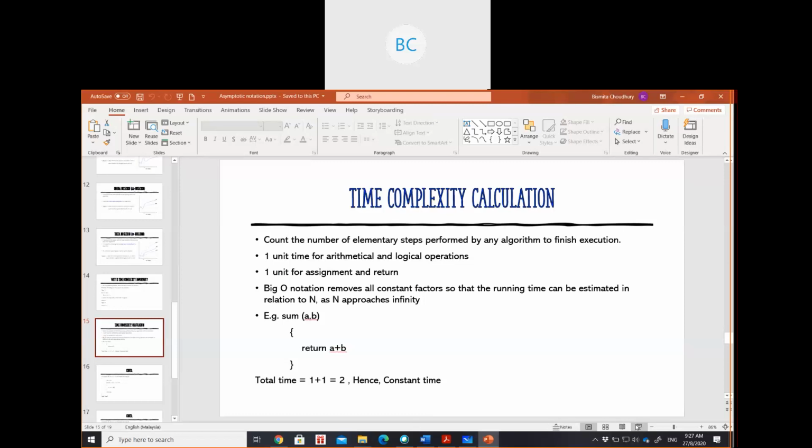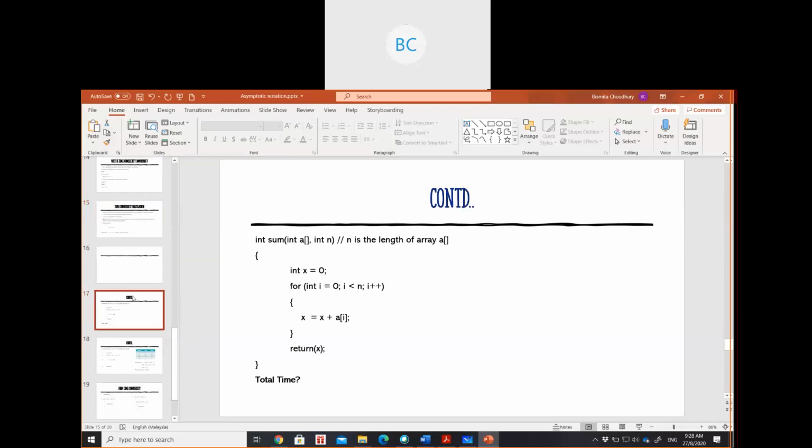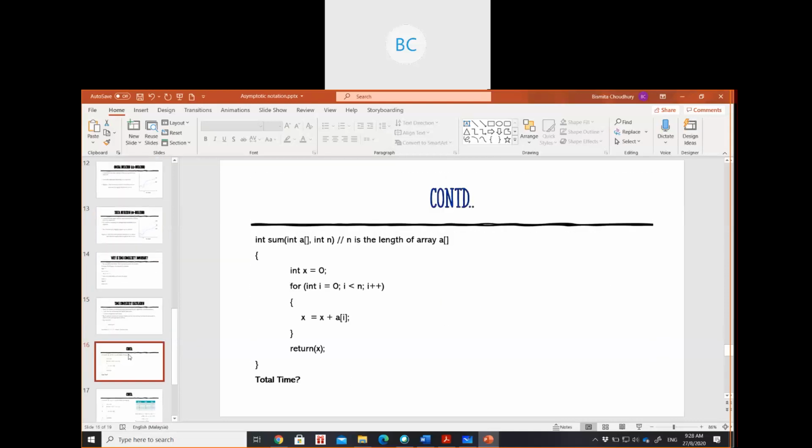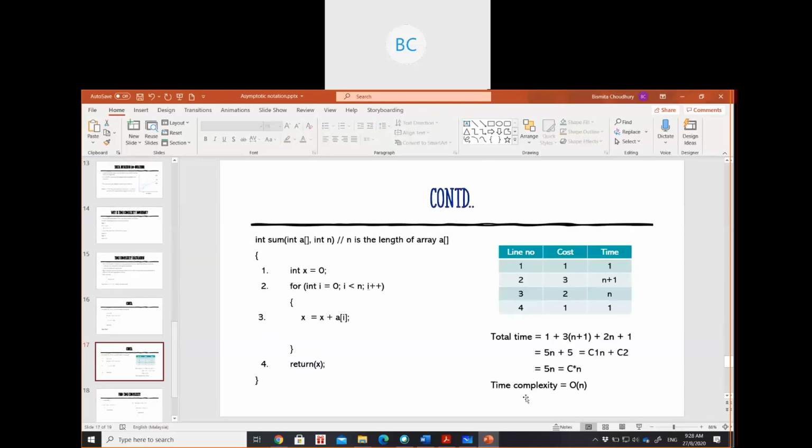So what we did here, we considered 1 unit of time for an arithmetic operation and a logical operation, then 1 unit for assignment and return. Therefore, in this statement we considered both the arithmetic operation a plus b and the return value, so the total time was 1 unit plus 1 unit equals 2.